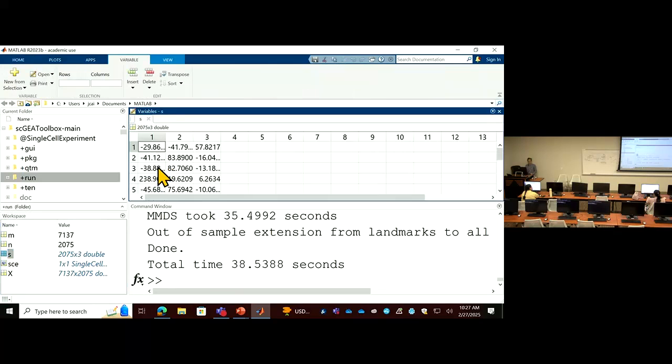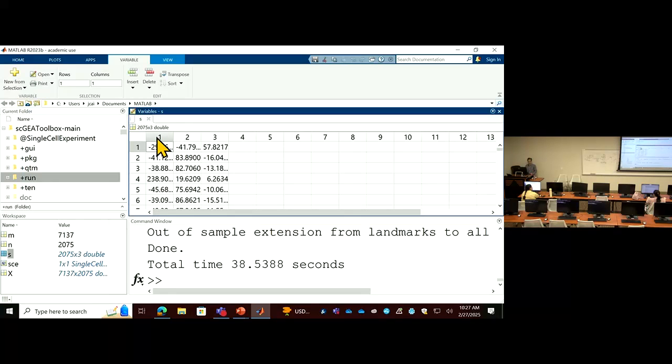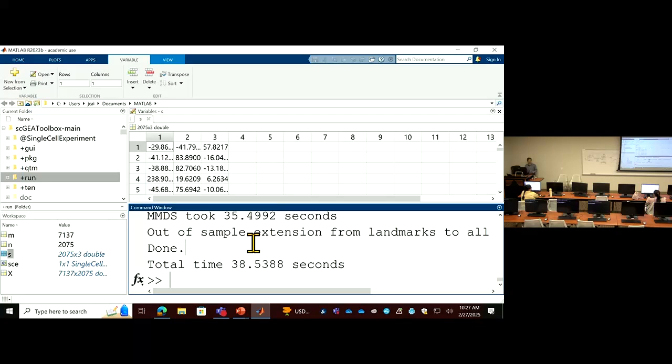You can double click and look at the numbers in the 3 columns. So that's your X, this is your Y, this is your Z: X, Y, Z. You put the cells based on their relationship, also considering the global relationship between each cell's distance to other cells. So everything considered, and then project this back to the 3D space, keeping the relationship between them because of the algorithm